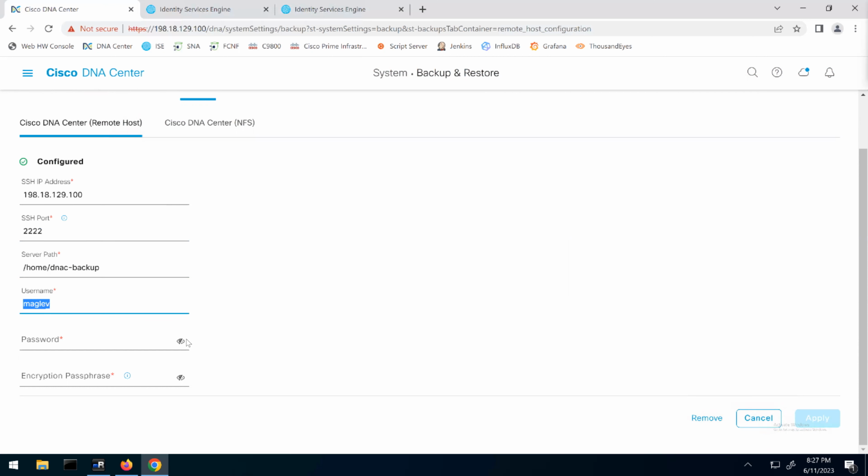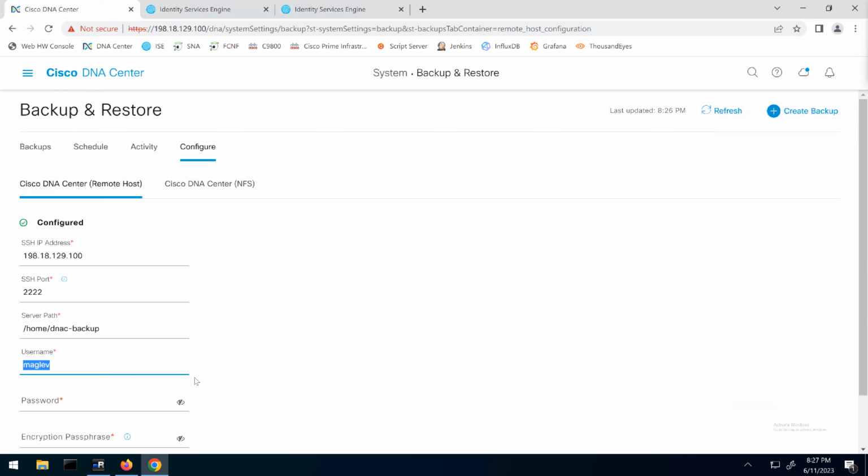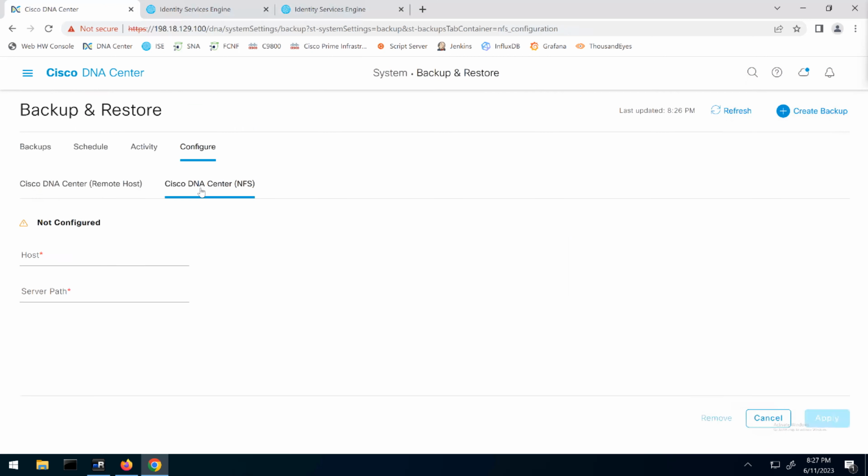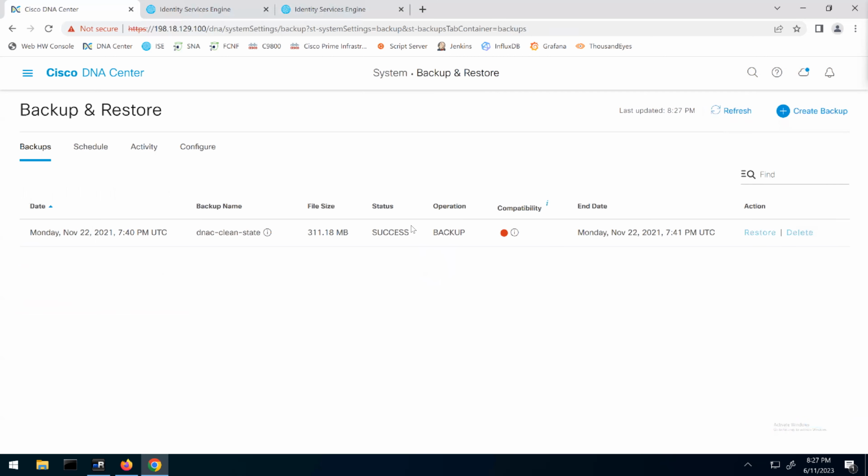username and the password to the maglab. It is taking the backup in its own. But you should go and give some NFS host and server path. It will go and do the backup there. That's it. It's very easy. Taking backup for DNA system itself is very easy and straightforward. You can take the backup,